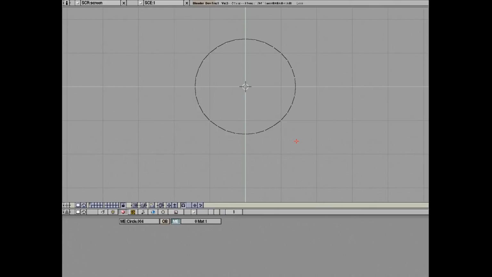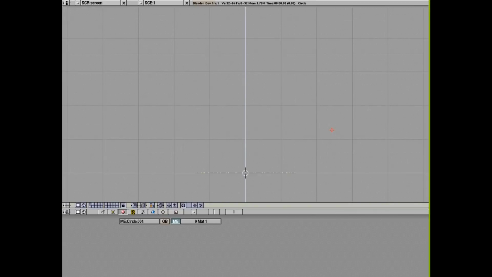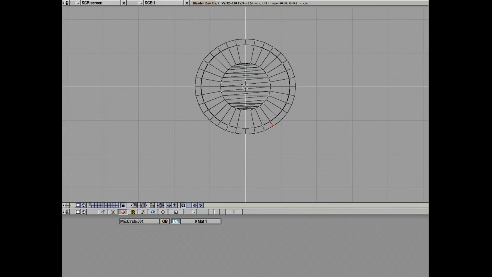Okay, I'm just going to... trying to think of the best way to do this. Alright, I'm going to extrude this. Scale inwards a bit. Alright, go to front view. Extrude. Bring it down a bit. Extrude. Escape, scale it inwards. Shift F to fill that. And then now